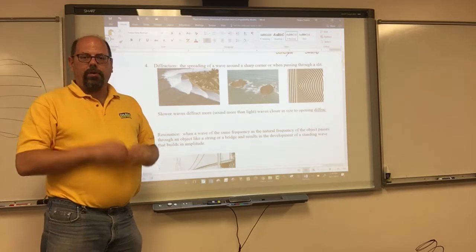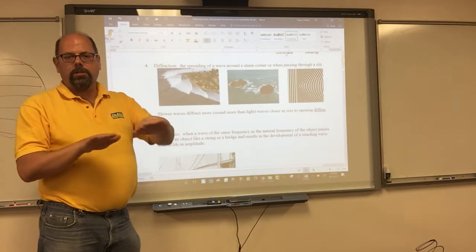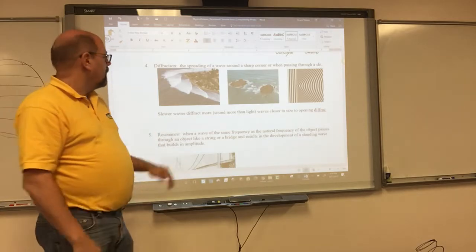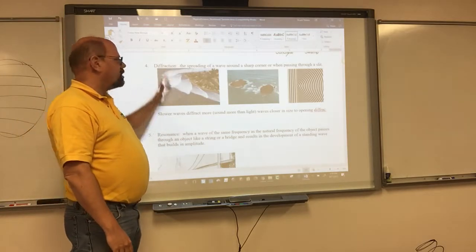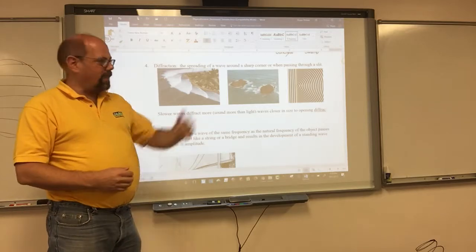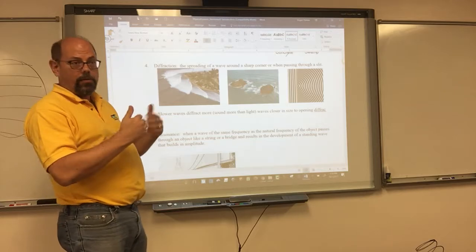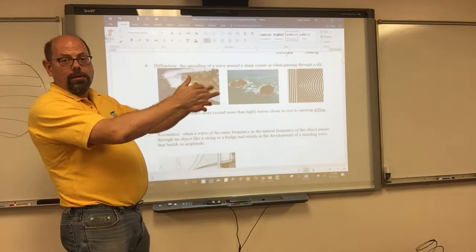Diffraction is a little different. Refraction is light slowing down and changing directions because the media is changing. It can only travel slower. Well, diffraction is when waves spread out when they hit a corner. Now, thankfully for us, sound is a good example. Sound is a slower wave, and so compared to light, it'll go out the door and it'll spread around.